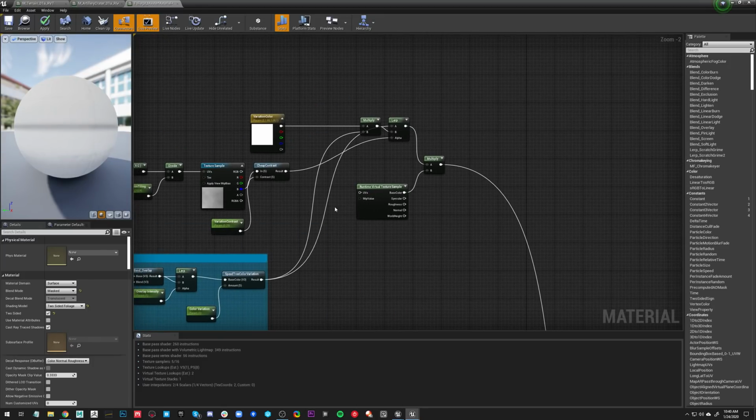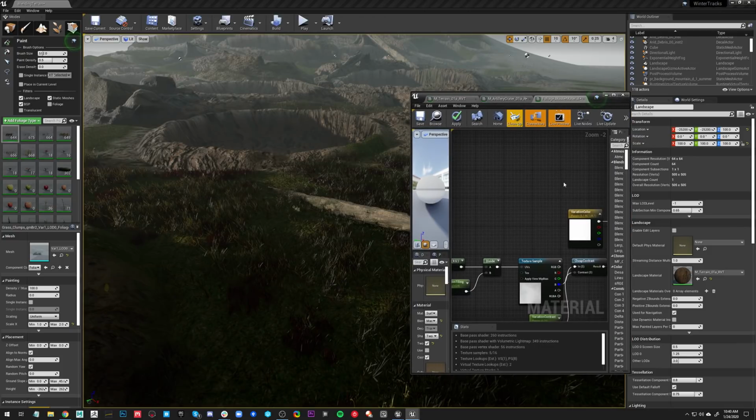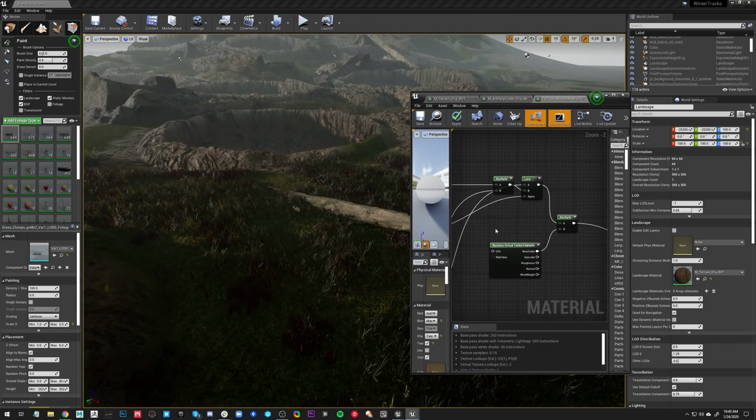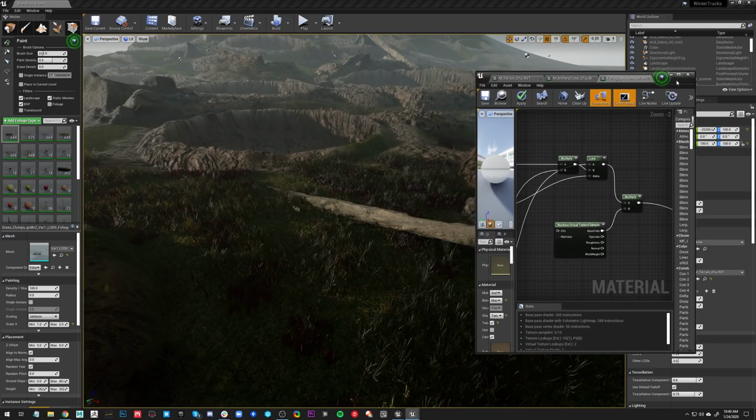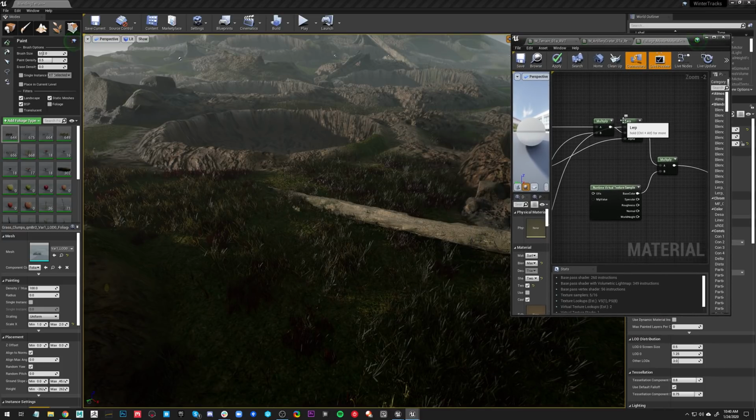A couple more questions as they continue rolling in. PJ wants to know if we can provide a sample file with things set up correctly. He's not sure if he can figure this out trying to build it from scratch. Our article has download links to all of the materials that we're covering today. Yes, we figured that this would be an issue for people. This stuff is super complex. So we did provide links for all the different materials: distance field blending, RVTs, world-aligned texturing, and pixel depth offset. You can find everything in the article.